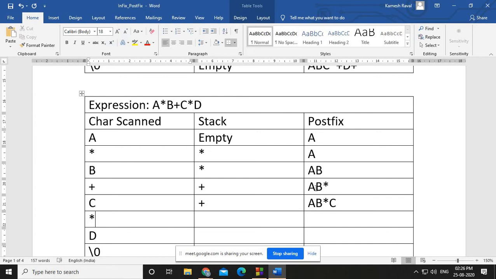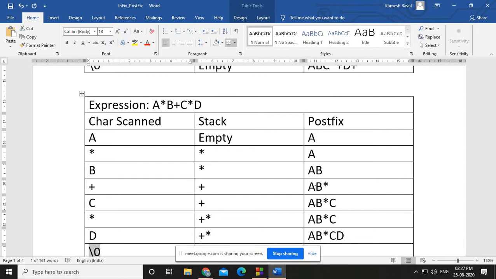Now multiplication is having the highest priority, and the stack operator plus is having lesser priority. We know that on the lesser priority we can put the higher priority, so the star will be pushed into the stack. Postfix doesn't have any change. Now D is there. D is an operand. If it is an operand, that has to be inserted into the postfix.